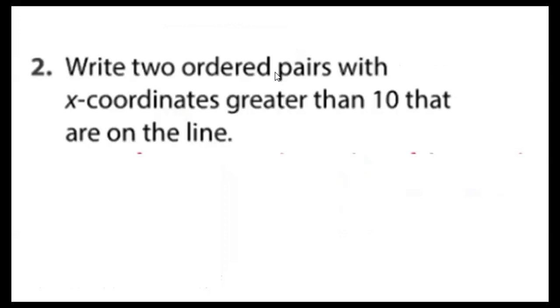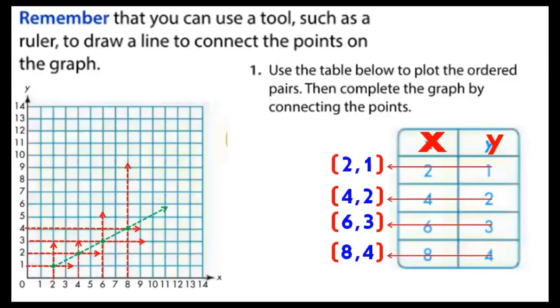Write two ordered pairs with x coordinate greater than 10. It means 11, 12, 13, any value more than 10. Also, when you change the value of x, sure the value of y will change. So greater than 10 that are on the line. Through the line here. He means this green line. You see it? If we select here on this green line a perpendicular, for example, here is more than 10